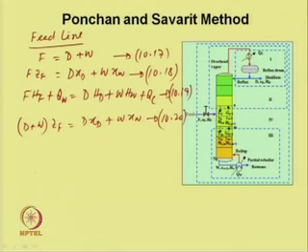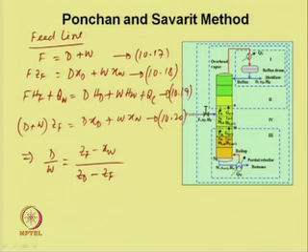From this we can write D by W would be equal to (Z F minus x W) divided by (x D minus Z F),